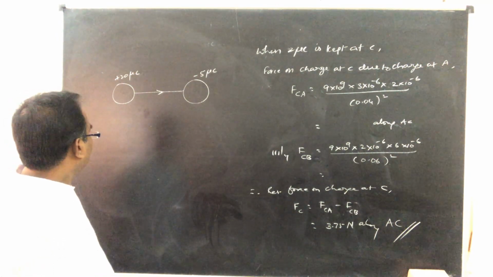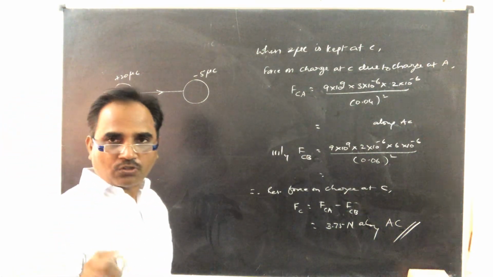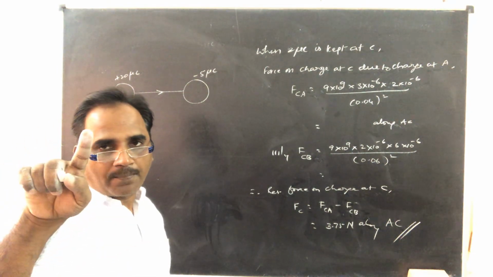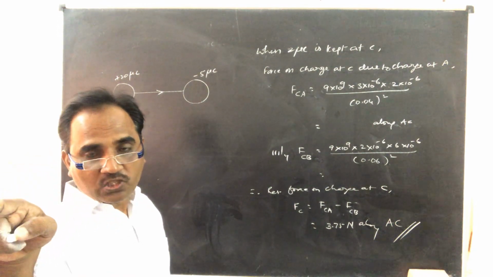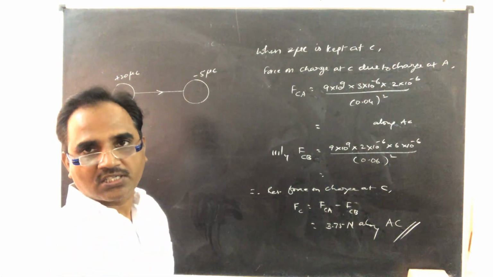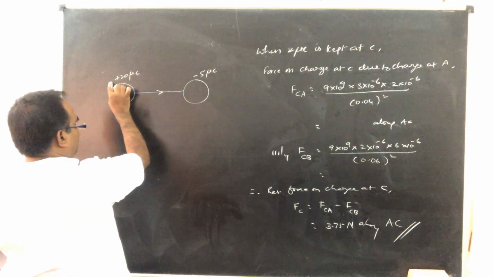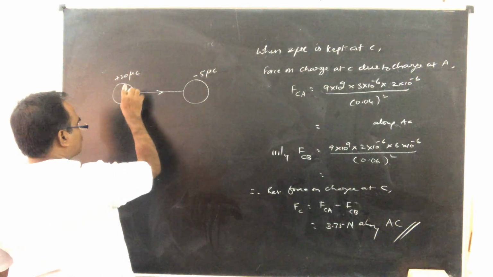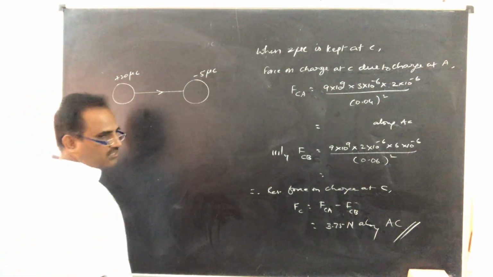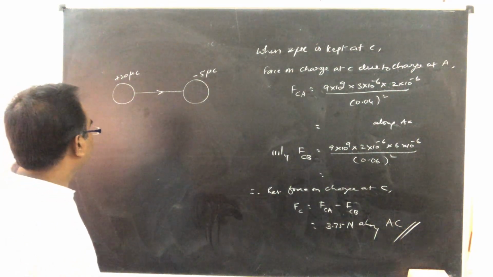See, you know that in case of a charged spherical shell, though the charge resides on its outer surface, for a point outside the sphere, the charge on the sphere acts like a point charge at its center. So the 20 microcoulomb charge here behaves as a point charge at the center, and this acts like a point charge at the center. That is what you learned from the applications of Gauss law.